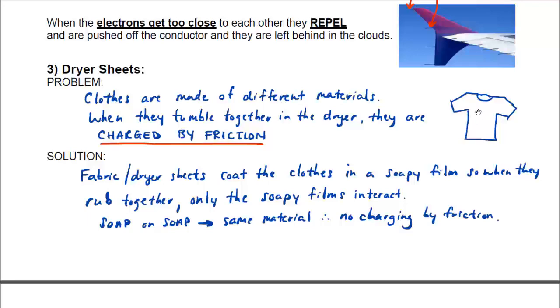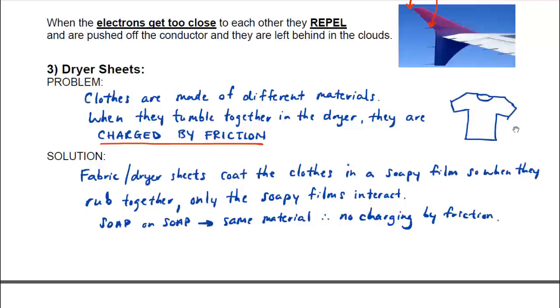So how do you stop that? How do you prevent static from building up inside your dryer? Because nobody likes staticky clothes. Well, the solution is to throw in a fabric sheet or a dryer sheet. And basically what that does is, as the clothes are turning and they're flipping and tumbling together in the dryer, there's a bit of soap on these sheets, a very, very tiny bit of soap, little soapy film, and it